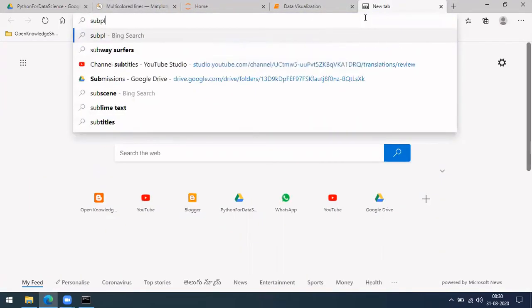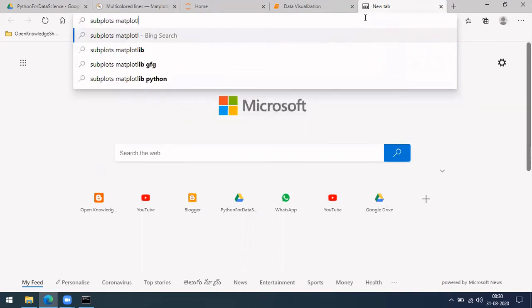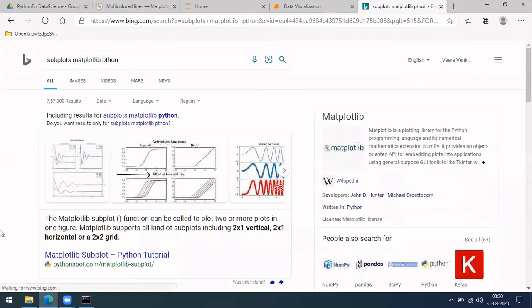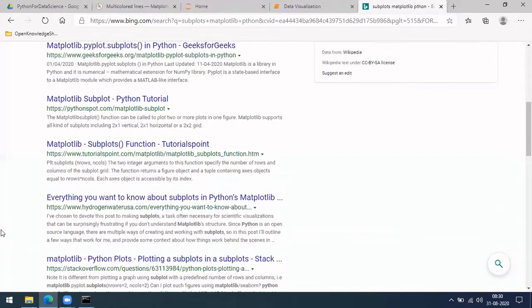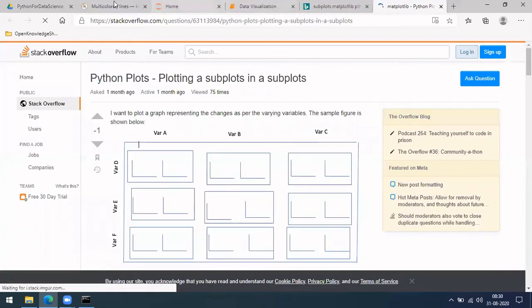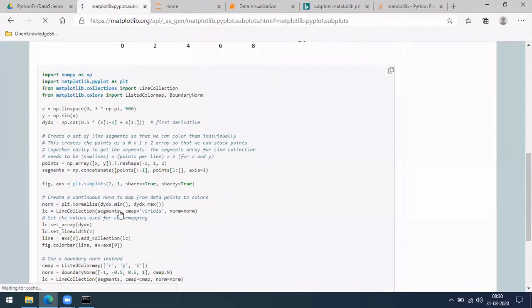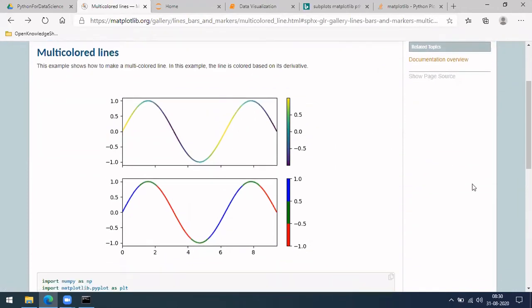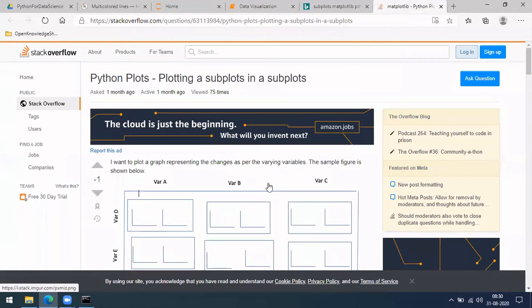Subplots, matplotlib, Python. Okay, let me go to Stack Overflow. Here they are also trying to do different kinds of color at each level, right? So this becomes slightly complex. I'm just going to a smaller one.